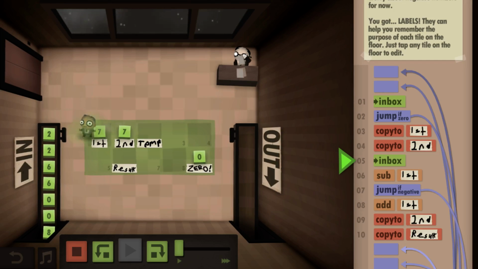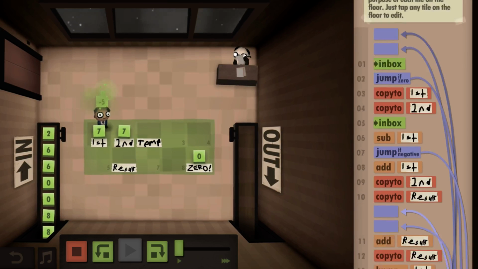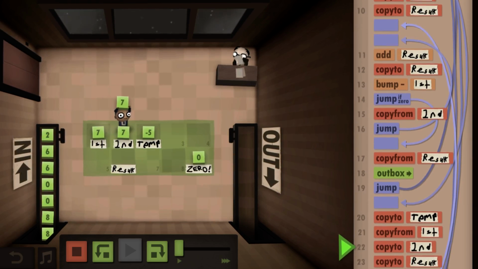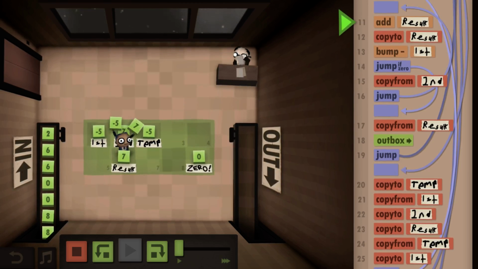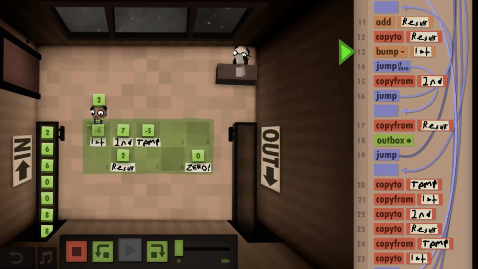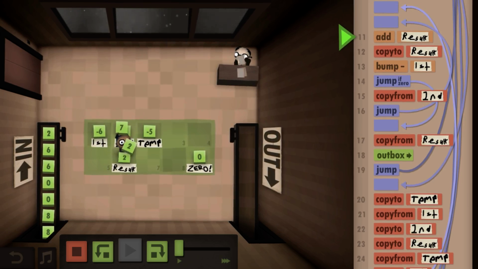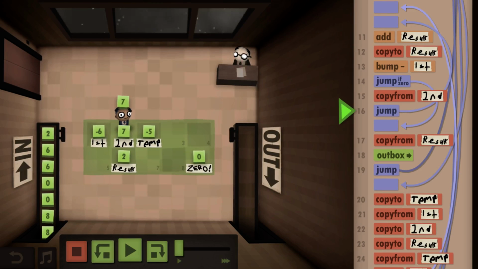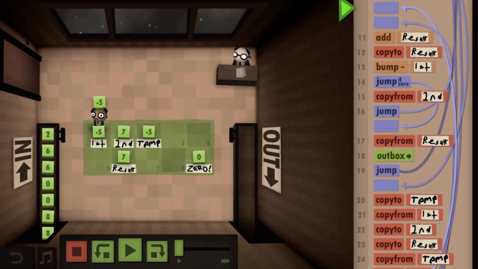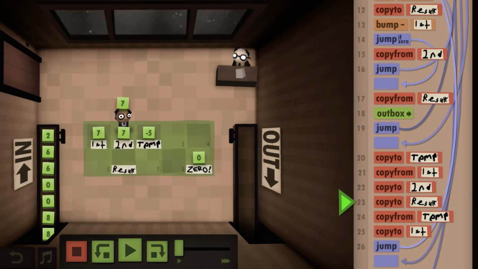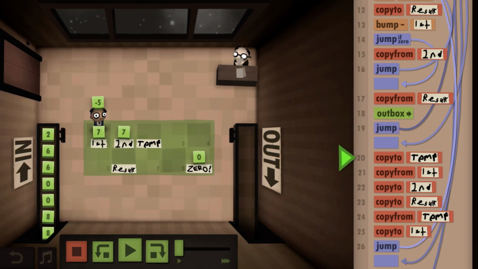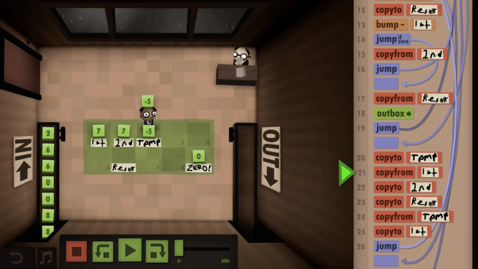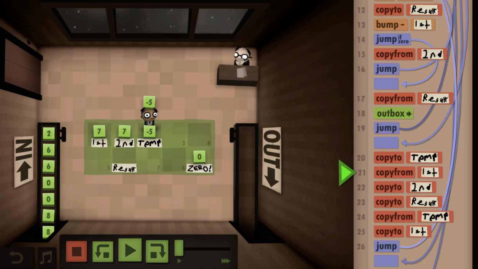7, 7. Subtract. Put it there. Put it there. I did something wrong there. Let's see. I think what I did is I didn't add it back. It should be 2.